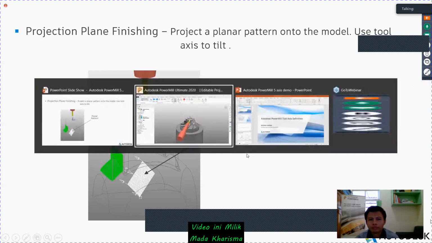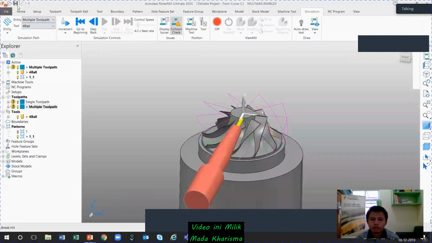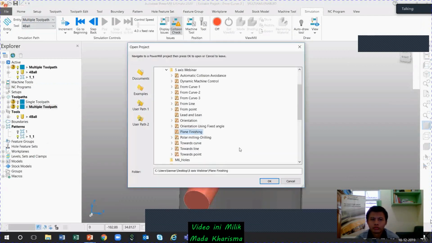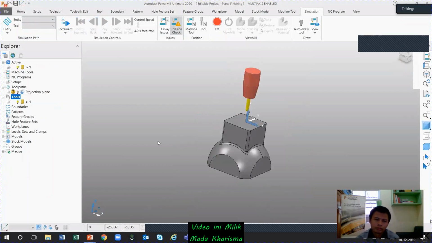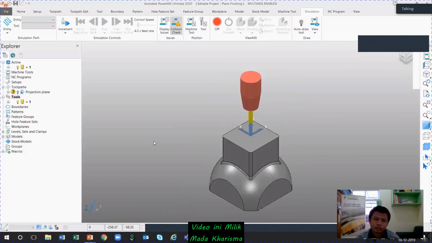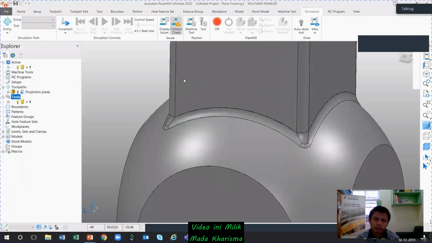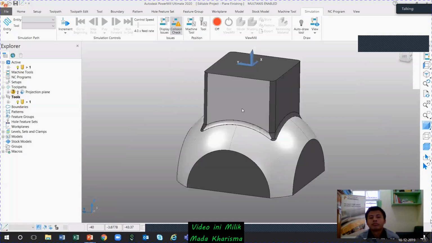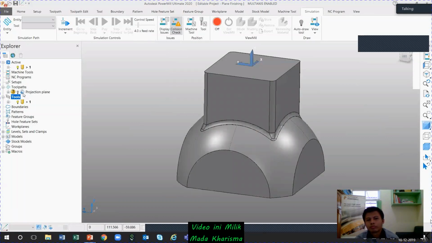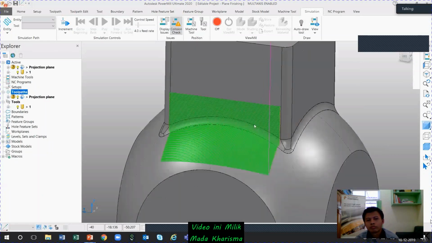Just go back to PowerMill. I will show you that example. So plane finishing strategy. I'll just show you where I had created a tool path. Okay, you can see here. I want to create a tool path somewhere here, but it is difficult to generate a boundary or select the surface. If you select the surface, you have to select all 3, but it will flow over all these areas. But I want to control within this. Okay, so how to control it? Just open my projection plane finishing strategy here.